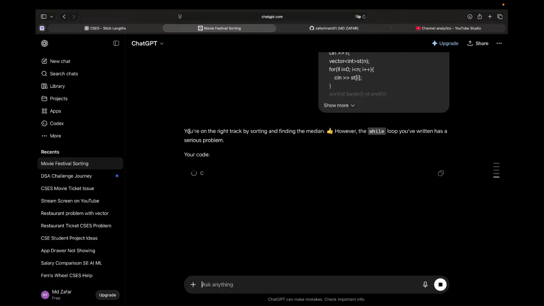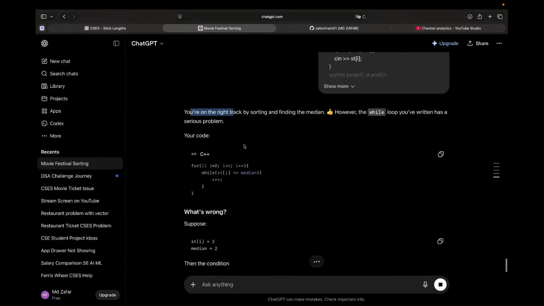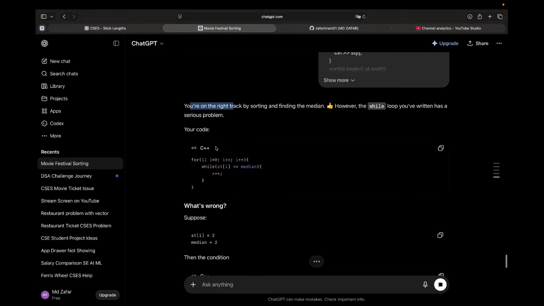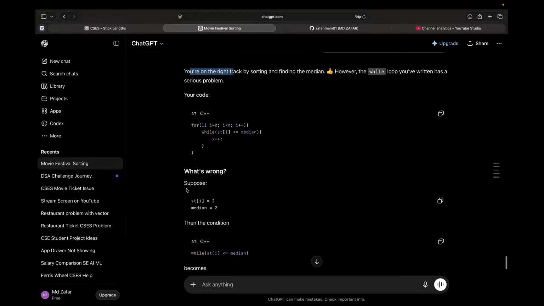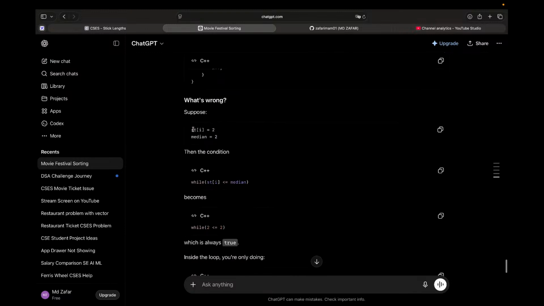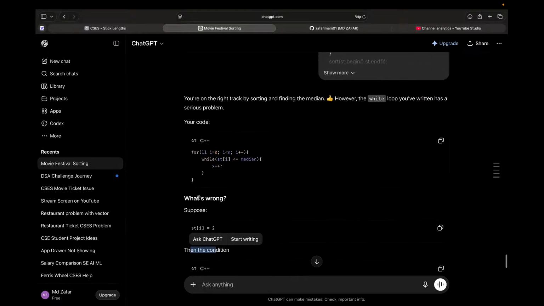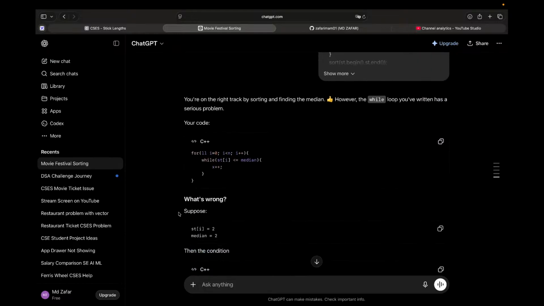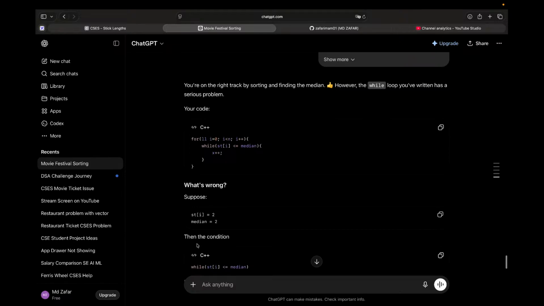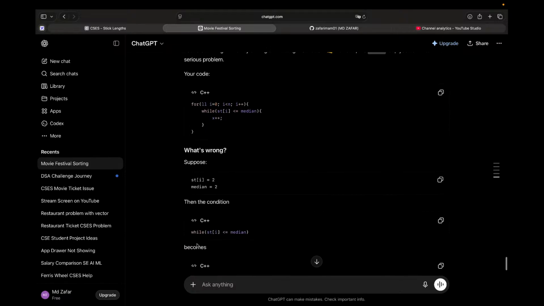No, you are on the right track by sorting and finding the median. However, the while loop in your version has a serious problem. Okay, so what's wrong? Then the condition. Oh, sorry. Okay. Maybe I will go straight to